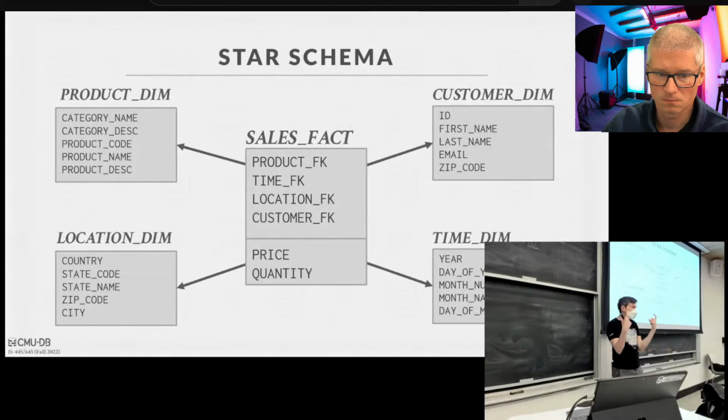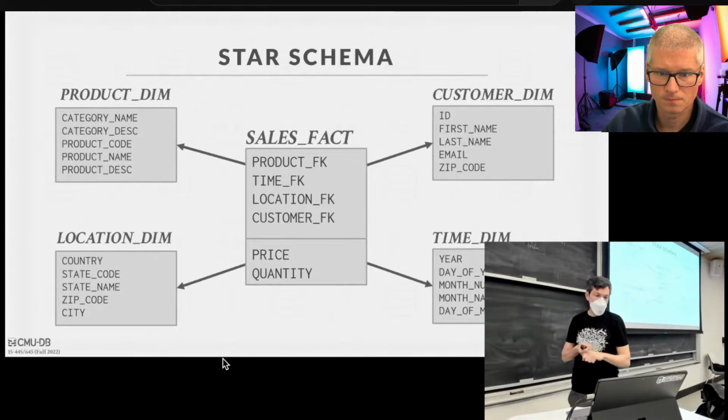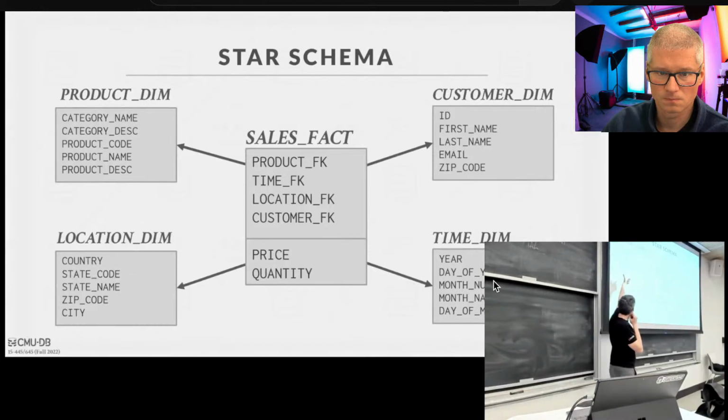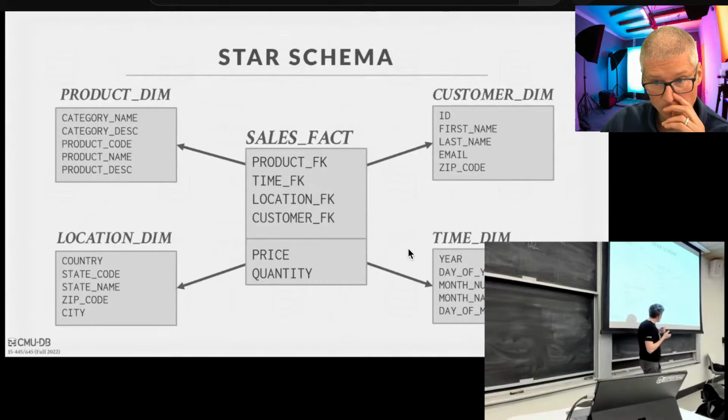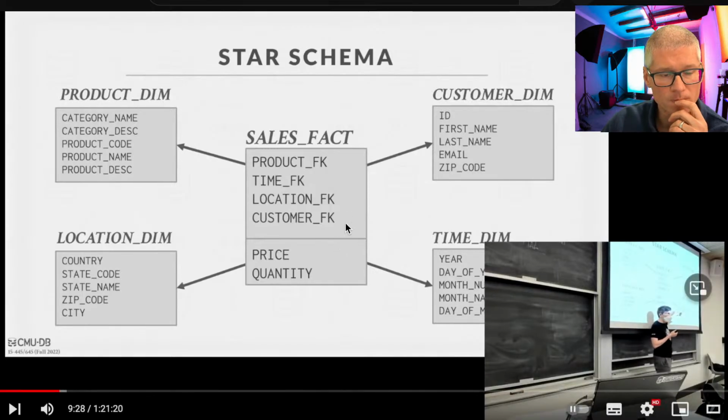You would store that as foreign keys to these dimension tables that emanate out from the fact table. So you have a product dimension table: here's the product category, here's its name, its description, here's the location information where the person bought the item, where the user is. Here's a time dimension, so instead of saying here's the exact timestamp when somebody bought something, I want to group it up by per hour, per day,